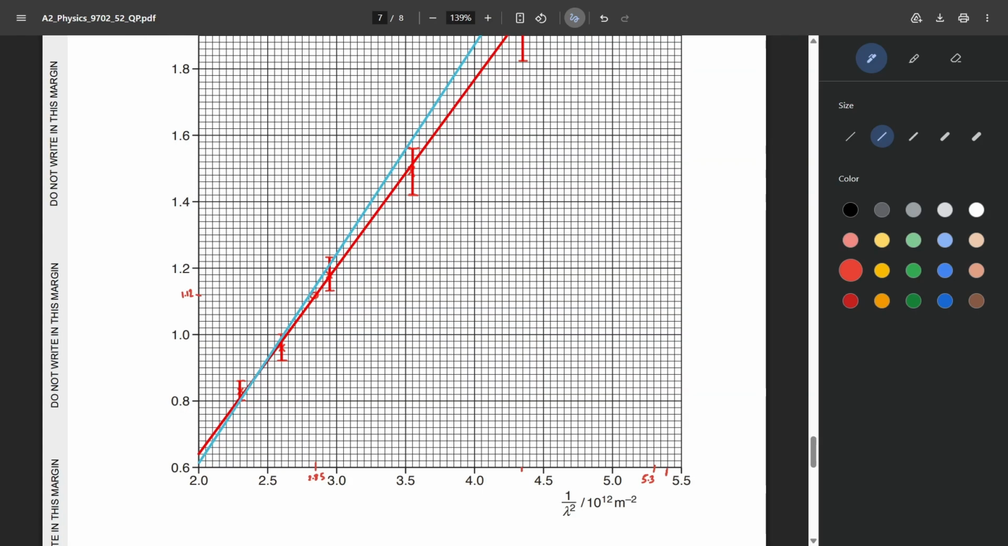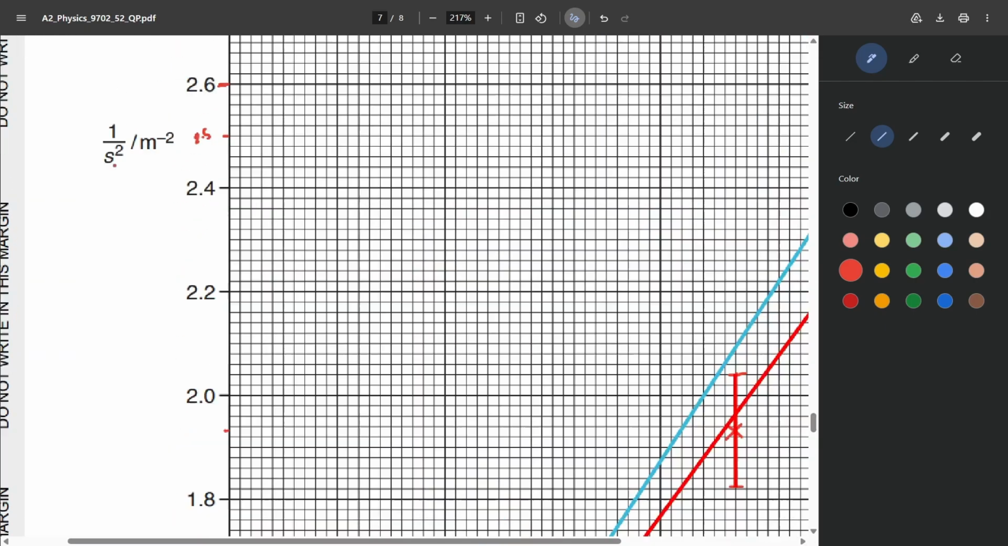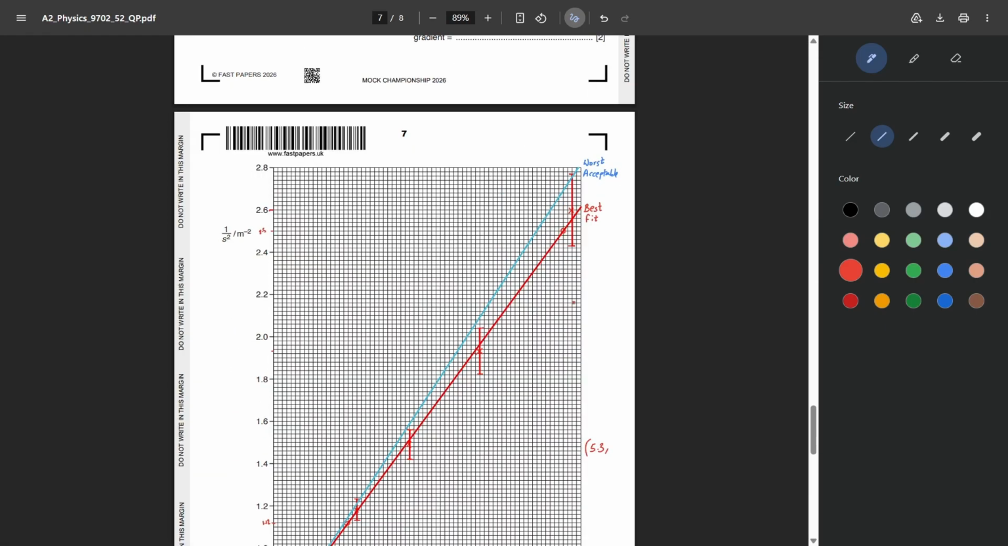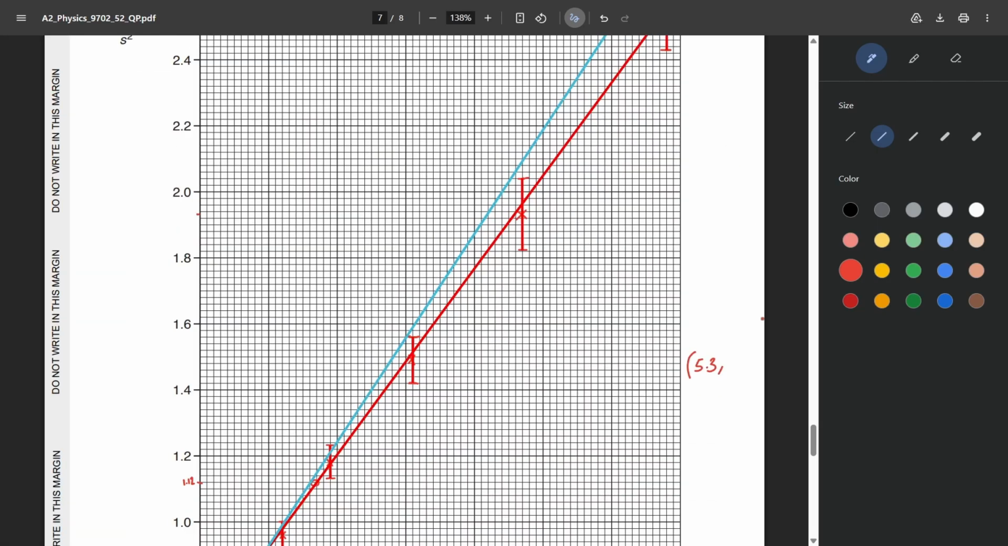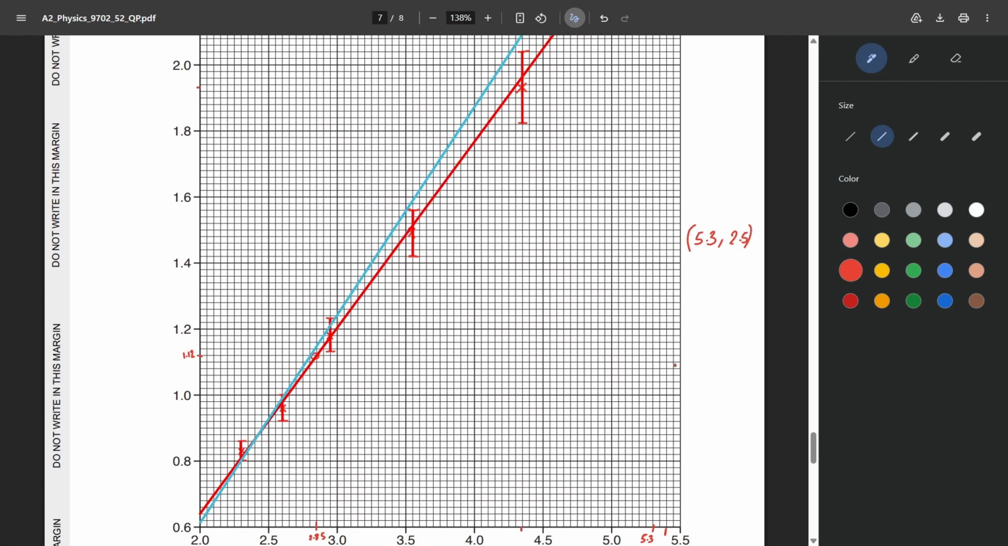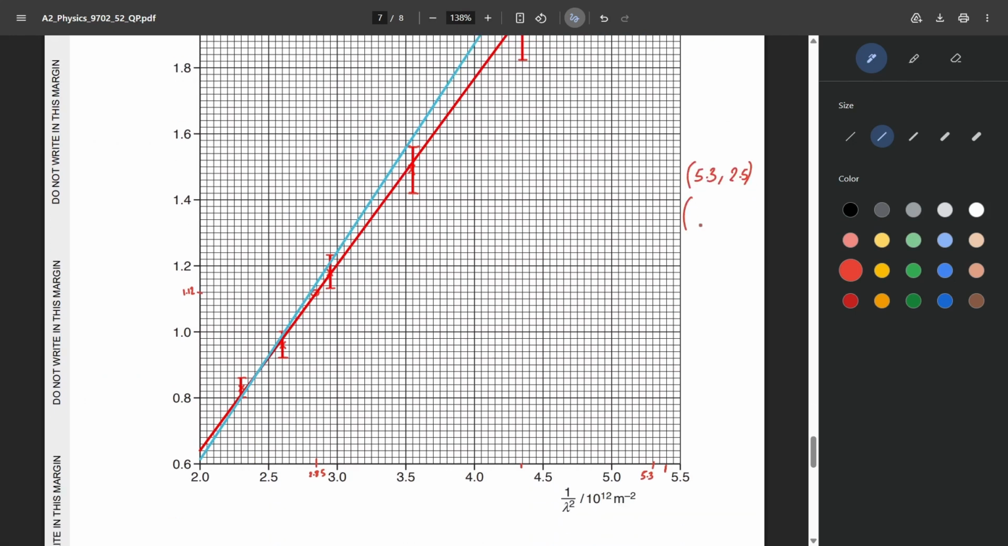Right, so the two coordinates we've selected are 5.3 and 2.5, and the other coordinate is 2.85 and 1.12. So the gradient would be